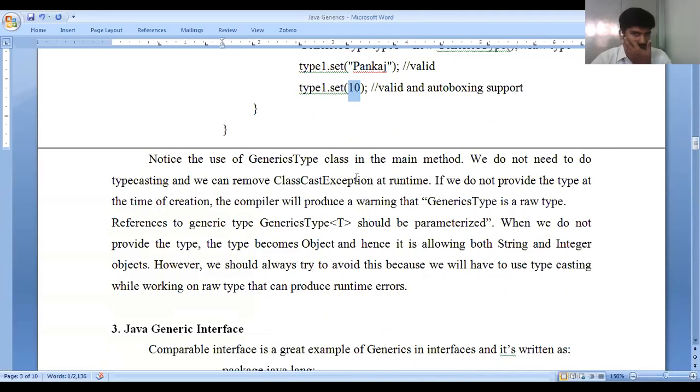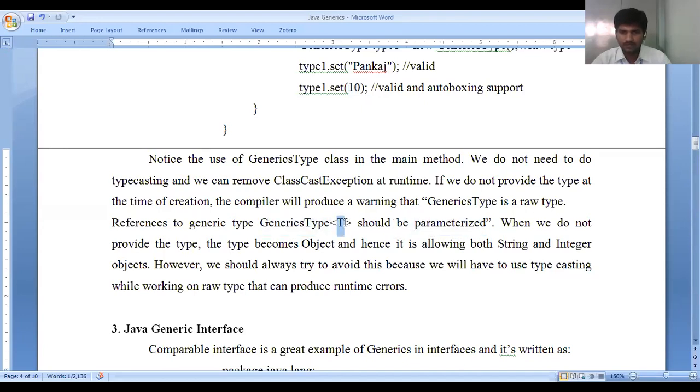So notice that in a generic type class, in the main method, we do not need to do typecasting. We can remove the ClassCastException from that. If we do not provide the type at the time of creation, the compiler will produce the warning that generic type is a raw type. This reference to the generic type should be parameterized.